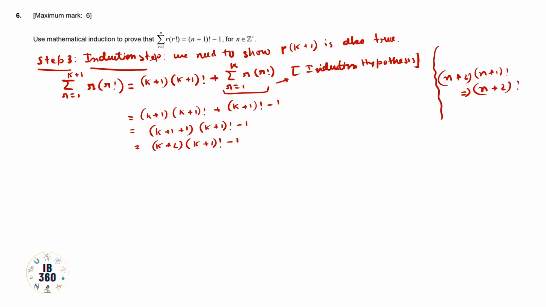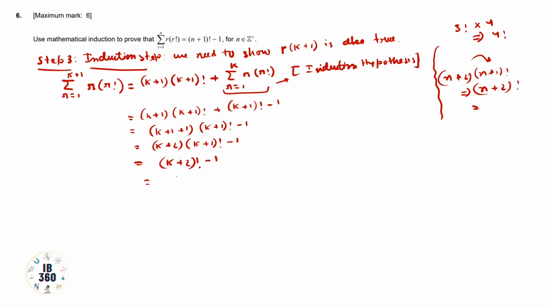So n plus 2 into n plus 1 factorial, this is the previous term factorial, and we are just multiplying by the next term. Also you can see the example, that is 3 factorial into 4 is basically nothing but 4 factorial. So 3 factorial into 3 plus 1 is basically nothing but 4 factorial. In this way we have calculated this part. So from here we can write it is basically nothing but k plus 2 factorial minus 1.